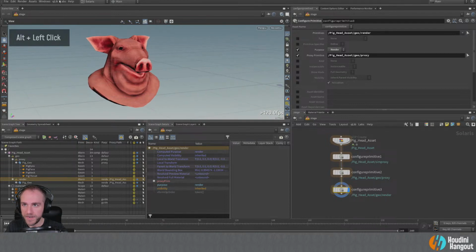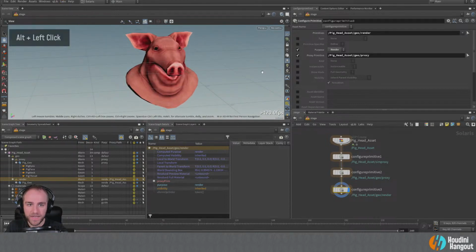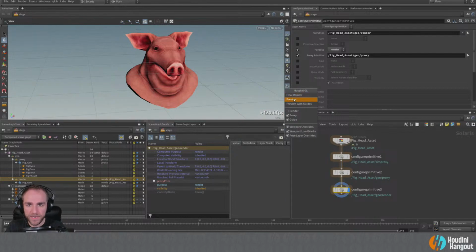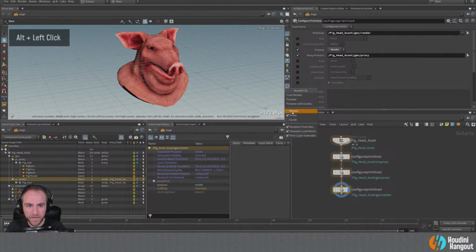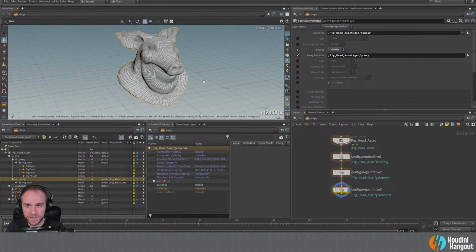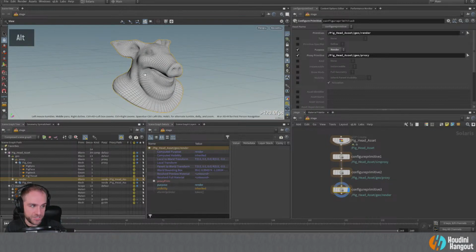If we reset the viewport there, I always recommend having Labs installed because it can help reset the viewport. And so we can see here we've got our preview geometry. I'm just going to do smooth wire shaded. Okay. And then if we go to final render, there's our final render geometry. Now I don't have the shader assigned to it, but we're starting to build up this asset to work in a way that we want it to, right?